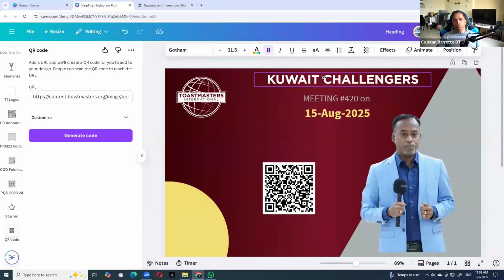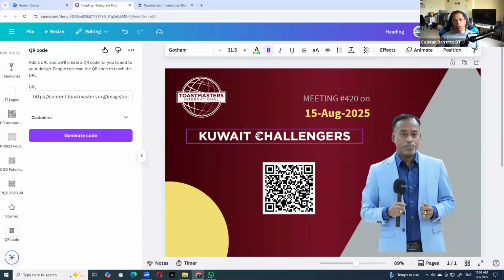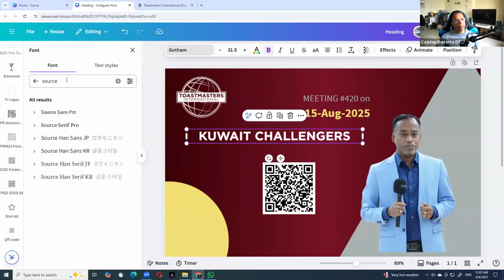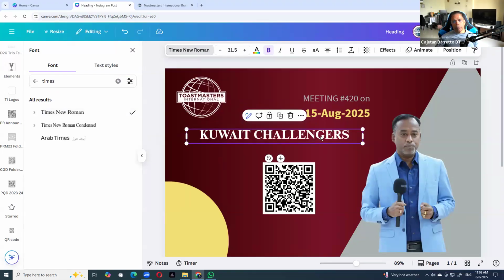the important thing about font is that the font should be what we call sans serif, right? So that's the starting point, that the fonts that Toastmasters has chosen are called sans serif. You will ask me, but what is a serif font? Serif fonts used to be used in the olden days in print, especially in newspapers. Times New Roman is a classic serif font. Let me check if we have it here. Times New Roman. So this is called a serif font.